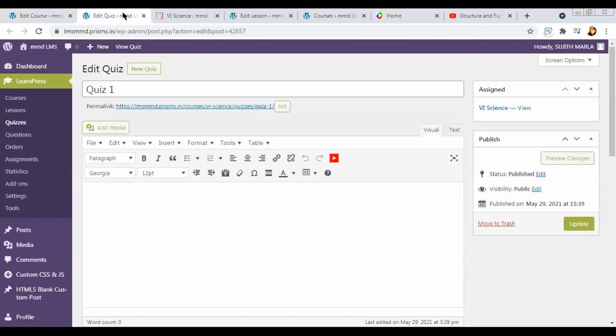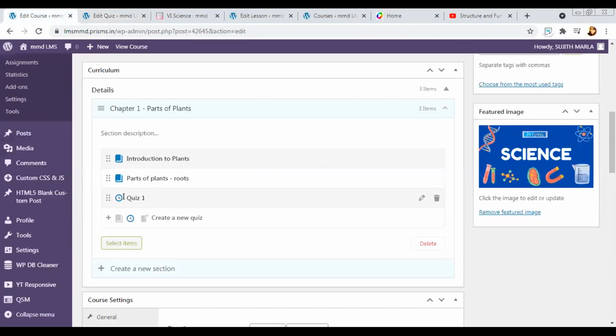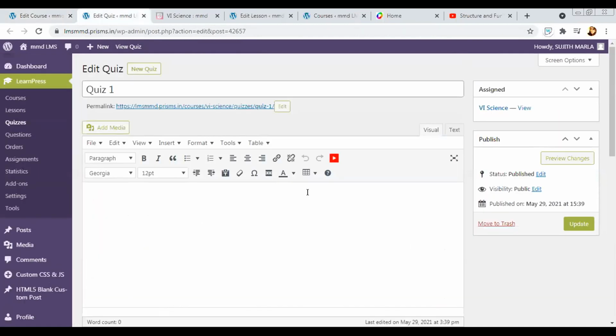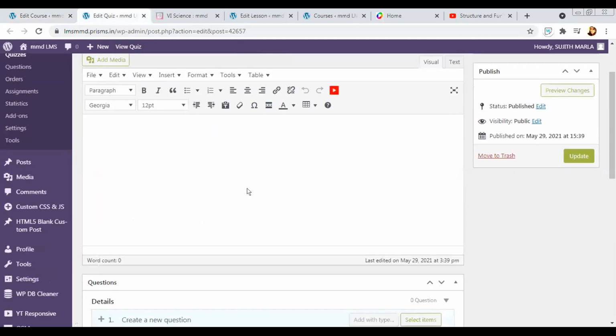Once you have selected the correct icon, type in the title that you want and press enter. After pressing enter, the same way, you put your cursor here and you'll be able to see the paper pen-like icon. If you put your cursor on it, it will say edit item. You have to click on it to add content inside the quiz.